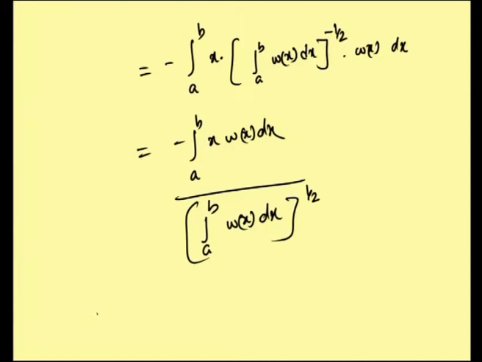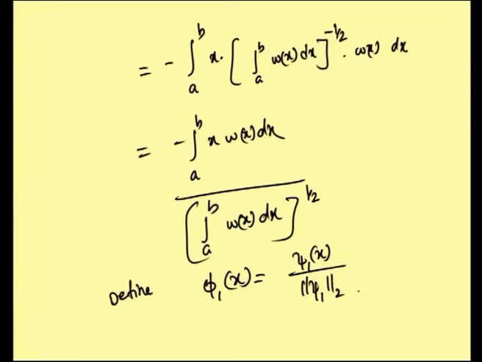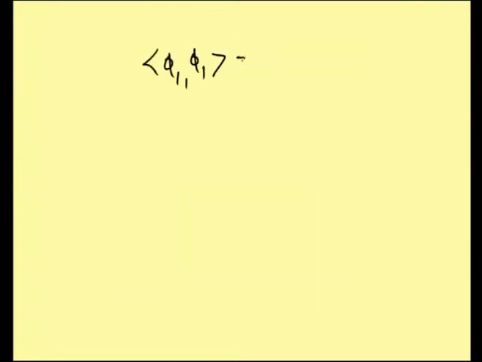Okay. And now define our phi 1 of x. Phi 1 of x is equal to psi 1 of x divided by the norm psi 1, second norm. Okay. And we see, and note, that phi 1 comma phi 1 equals 1 and phi 1 comma phi naught is equal to 0. This is what we need, that is, phi n comma phi m when n is not equal to m is becoming 0 and phi n comma phi n is becoming 1. So, like that we will construct phi n of x.